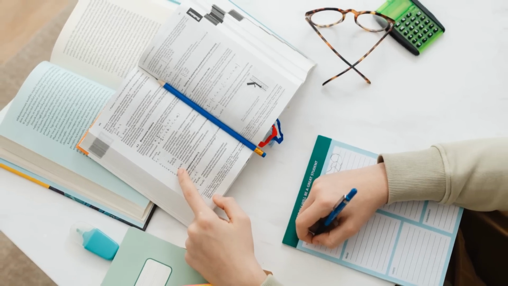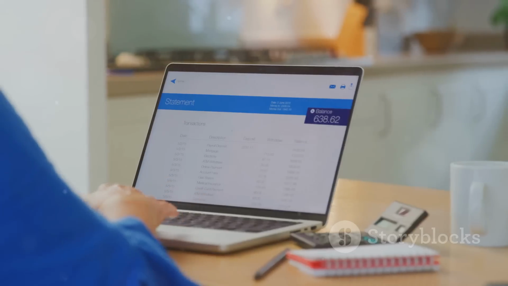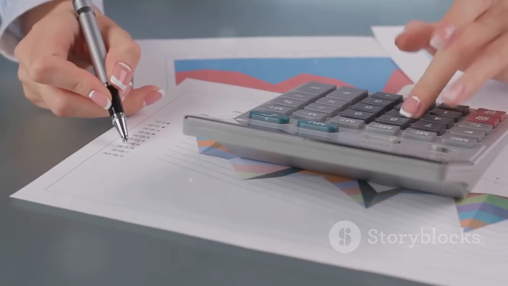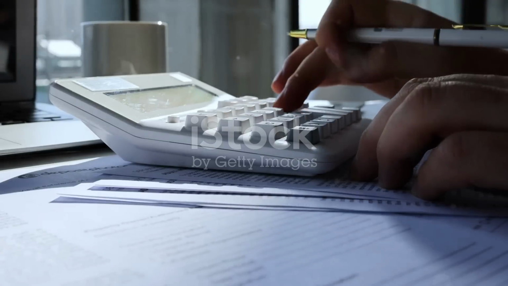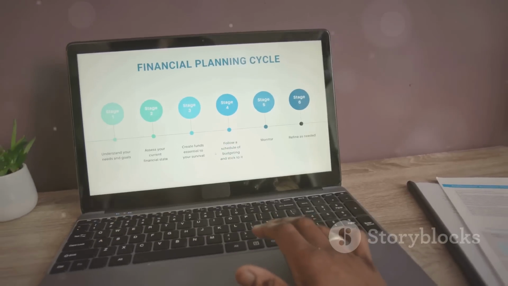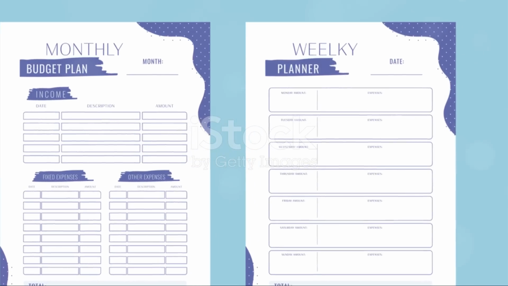But this is just the beginning. Like any new skill, accountancy requires practice and ongoing learning. The more you use these concepts in your daily life, the more confident you'll become. Don't be afraid to get your hands dirty, make mistakes and learn from them. Remember, you don't have to become a certified accountant overnight. Start small, implement one new concept at a time, set realistic goals, like tracking your spending for a month or creating a simple budget. Celebrate your successes along the way, no matter how small they may seem. This is about empowering yourself to make informed decisions about your money, and that's something to be proud of.